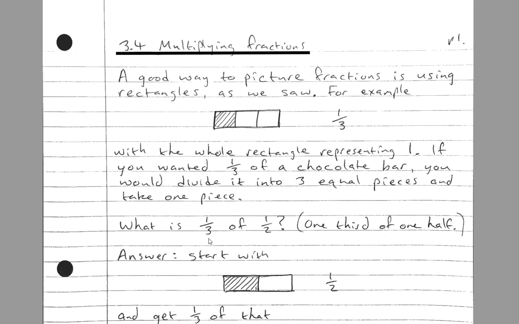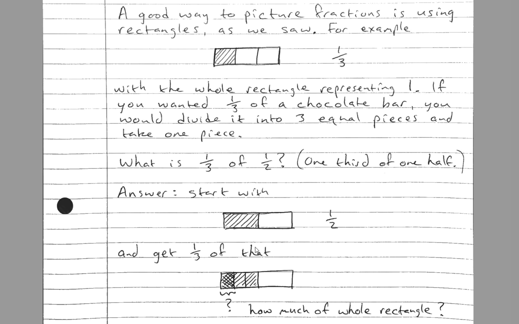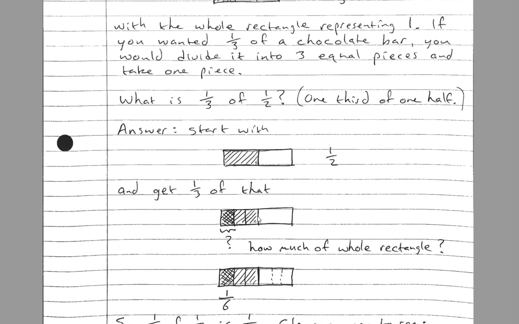And how about this? Instead of 1/3 of 1, how about thinking about what is 1/3 of 1/2? This time we're starting with 1/2. So like you have half of the chocolate bar, and then we want to get 1/3 of that. We're dividing the 1/2 we started with into 3 equal pieces and taking one of those. So this piece here,